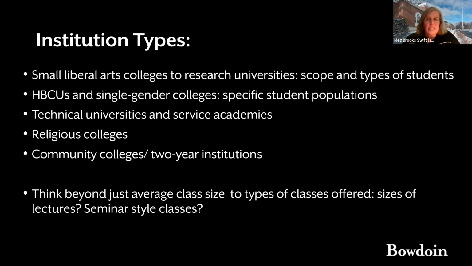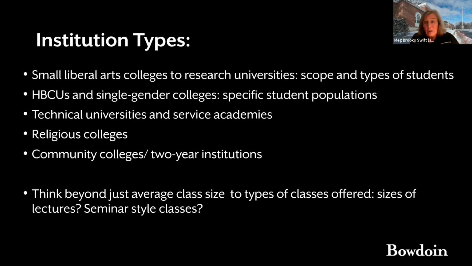So earlier I mentioned types of institutions you might choose to consider. And I want to give you a sense of what this means. So there are liberal arts colleges where you will take courses across a breadth of curricula. There are research universities where you generally enter into one specific field of study and remain in that program for your 4 years. There are historically Black colleges and universities called HBCUs.